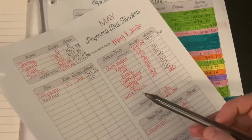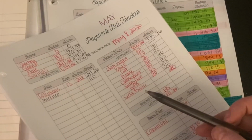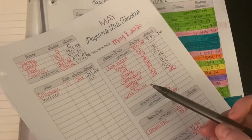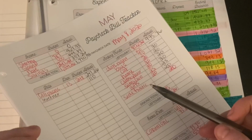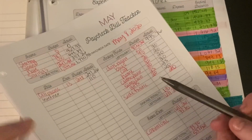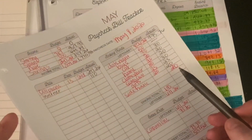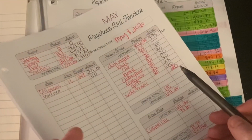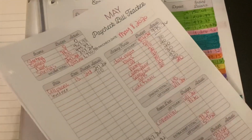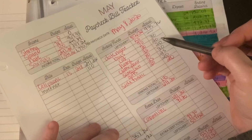We are also starting a new sinking fund. We're just going to call this Side Hustles. And this was kind of Nate's idea, because he also wants to get into like YouTube and editing, and we have a garden that we're growing, and we do DIY projects around the house. And so he had the idea of us having a side hustle slash hobby sort of envelope, and so that's what that is. So our total right here is